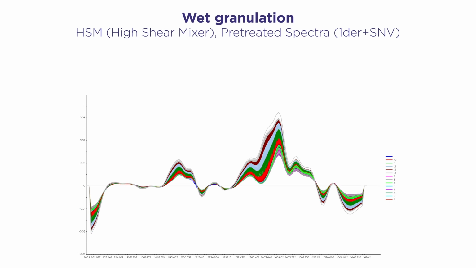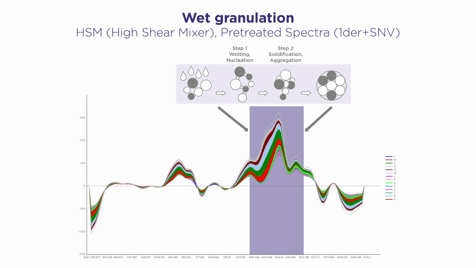It's very interesting to look at the peak at 1428 nanometers that is mainly due to the water. During the granulation process, after the dry mixing phase, water is added to the powder. As expected, this peak becomes taller and taller, but you can also notice that the perfect symmetry is lost. This is probably due to the chemical bonds that are changing due to the transition between liquid bridge, solid bridge